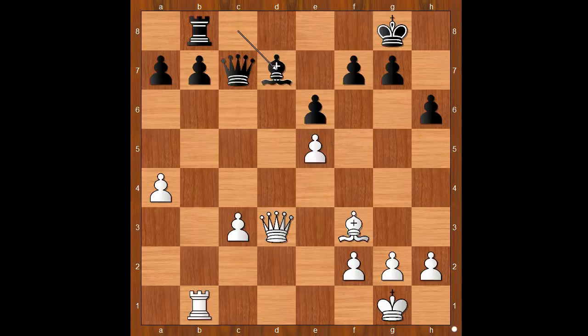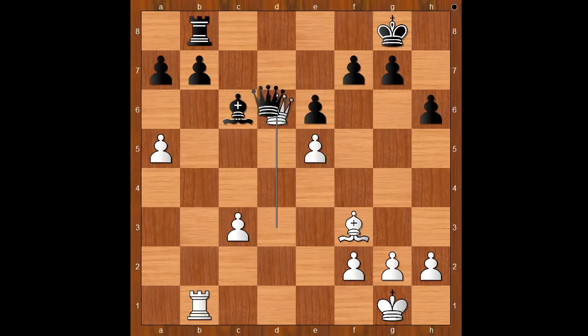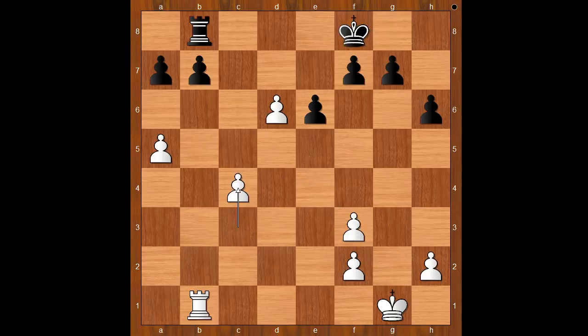Bishop to d7. Developing a bishop, a5, bishop to c6. Black is a pawn up and managed to develop his pieces. In this position, Carlsen decided to go for a draw with queen to d6. Queen takes queen, pawn takes queen, bishop takes on f3, pawn takes bishop, king to f8, c4, king to e8,